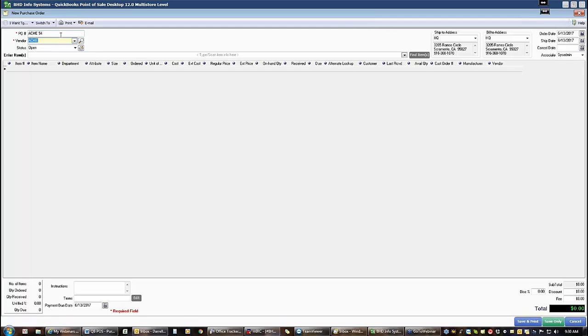I can then add merchandise to this purchase order. I can change my order date, my ship date, and my cancel date. The order date's the date I'm placing the order. The ship date is the date I expect the vendor to ship the merchandise to me. And the cancel date is the date I want to cancel this order for if I haven't already received the merchandise